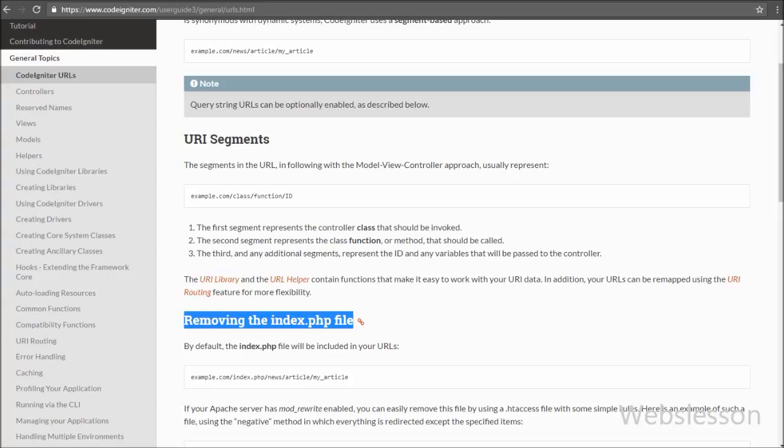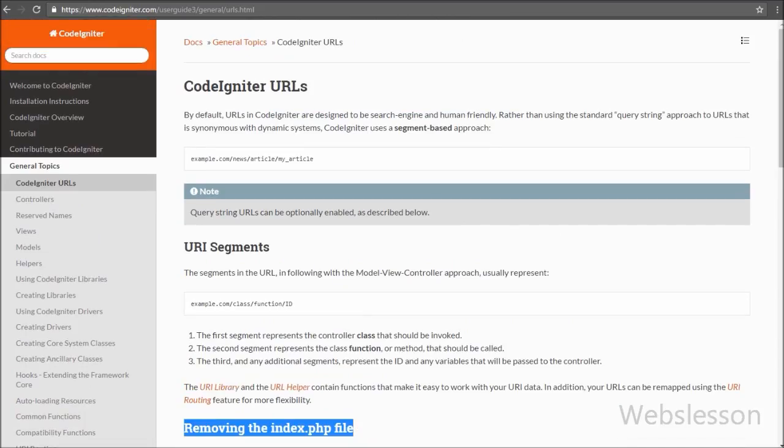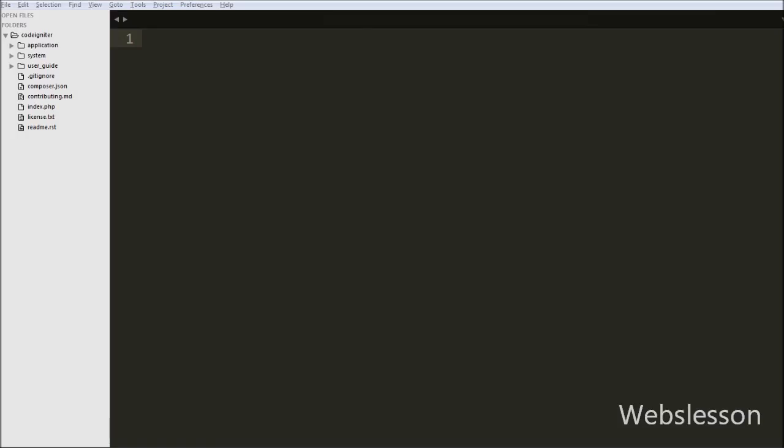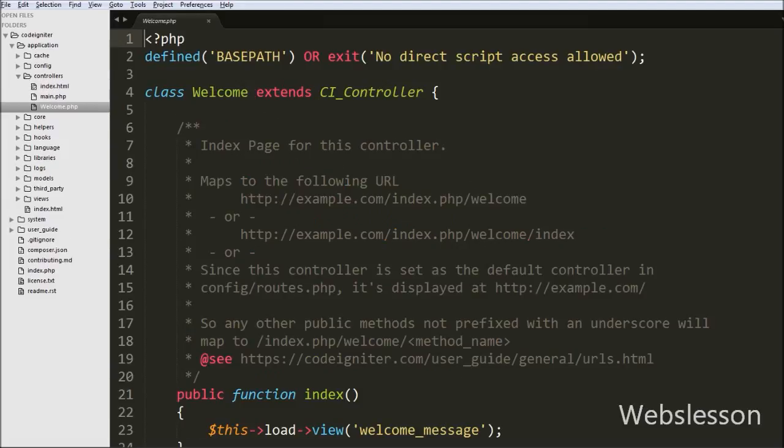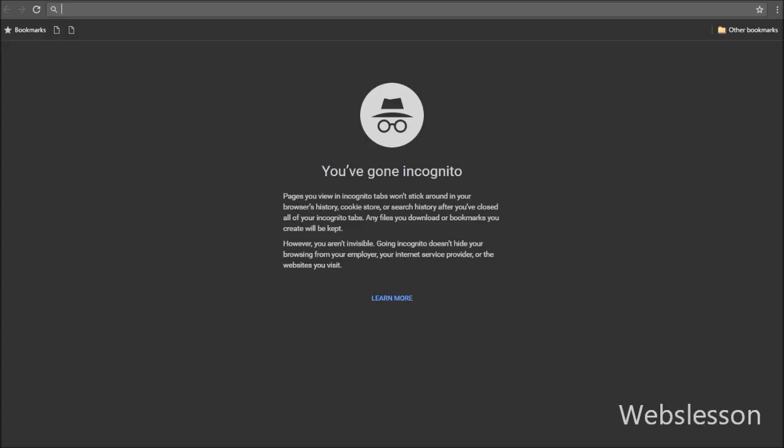To get a Codeigniter application's output in the browser, it loads controllers, and via controllers it loads a view file which shows HTML output in the browser. But by default in a Codeigniter application, the index.php file is included in URLs. For example, here we have two controllers in our Codeigniter controllers folder. By default the main controller is loaded in our application, but now we want to load the welcome controller, so